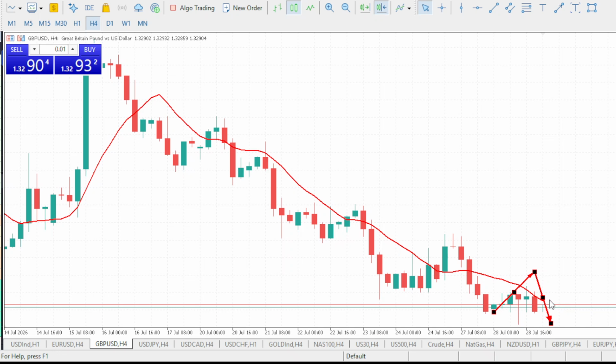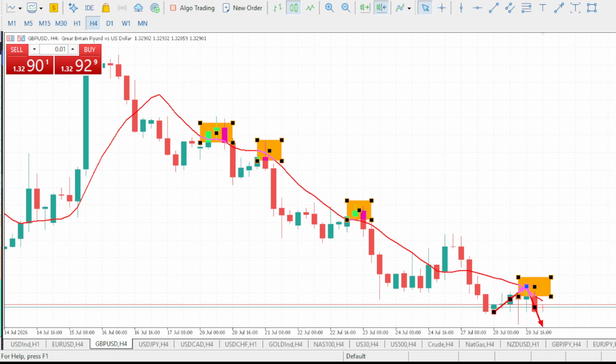If you take a look at what the market has done right here, it has tapped our 10-period simple moving average, which can serve as a confluence zone. You can all see that the market has come to tap our 10-period simple moving average and it reacted, which made the market drop. We also had it tap this level, which also made it drop. There was a reaction at that level. This is also another reaction at this level, and of course, this is likely to be another reaction that will eventually make the market drop again.